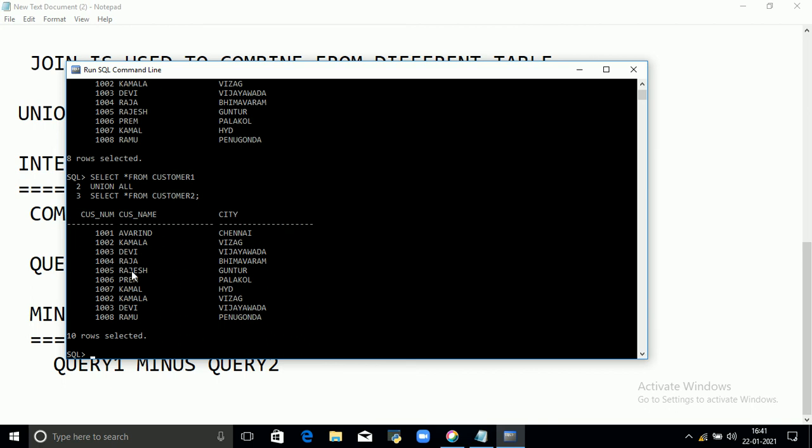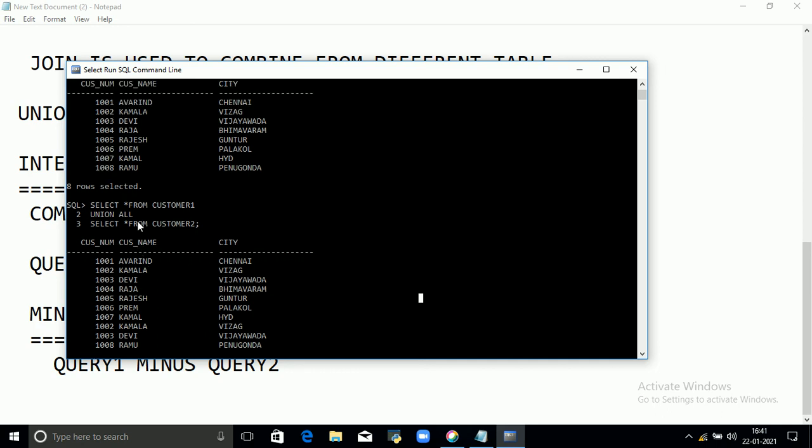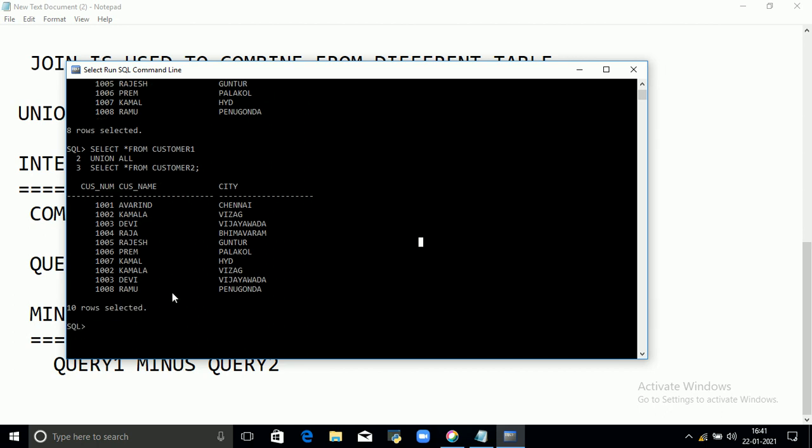The data will be displayed with the duplicates with the help of union all. So duplication is allowed in union all. Without duplicates, union is used. With the duplicates, we have to use union all.